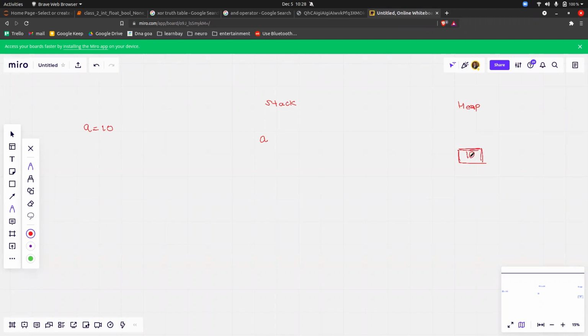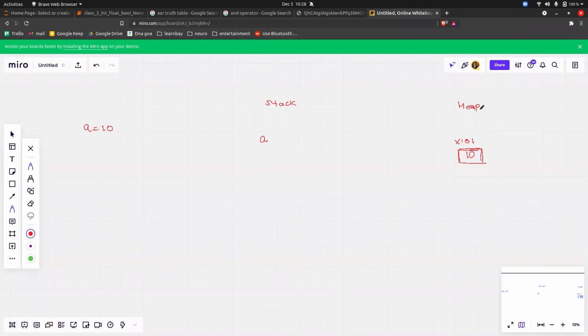So when the 10 is stored in the heap area, it will have an address of, let's say, x101. Guys, this address is an arbitrary value. The real address is totally different. I am just giving some random address here, so don't think it will be x101 only.